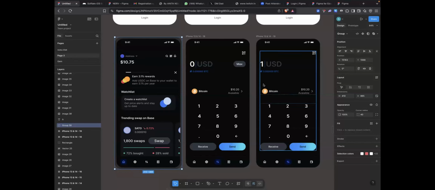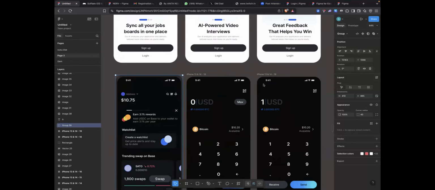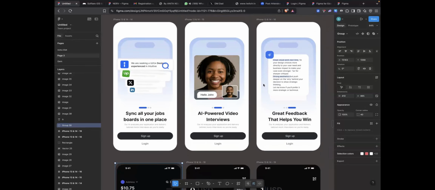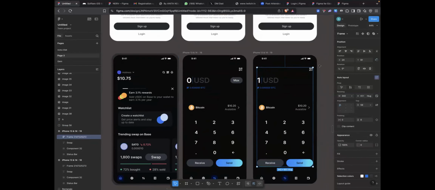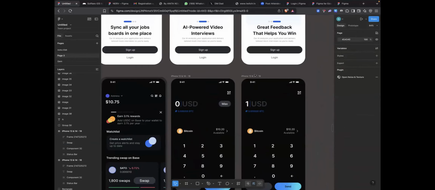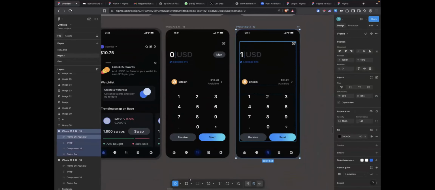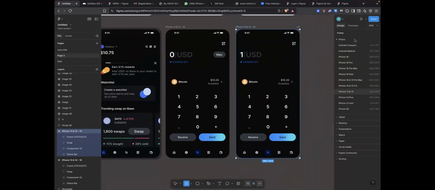So I hope you can see my screen, the Figma design. Yes, we can. Okay, yeah, you can see here, this is a design that I made. This is a mobile view, this is a frame. So how do you get this frame? You come over to this part, this is where you get your frame. When you click on it, on the right side here, you see the different frames you use.